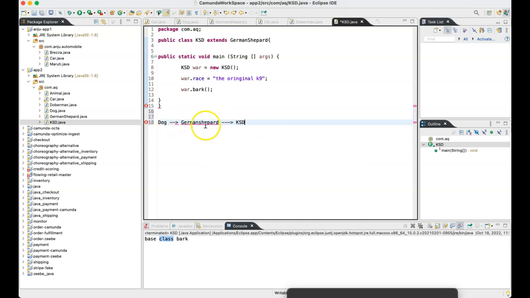But the relationship with these guys is that these both are dogs. That is why he can bark. Every dog can bark, right? Are we not showing that here? Though it is coming by two layers, it can still bark. Why? Because that's the functionality of a dog. Because it is extending from German Shepherd, and German Shepherd internally again is extending from dog. German Shepherd also is a dog. KSD also is a dog. Do we agree?